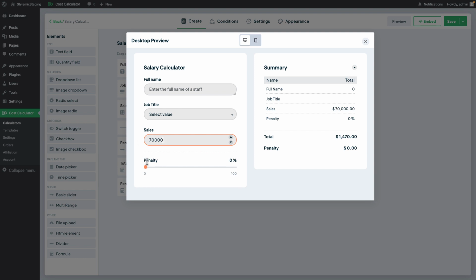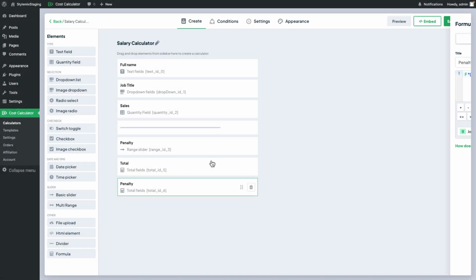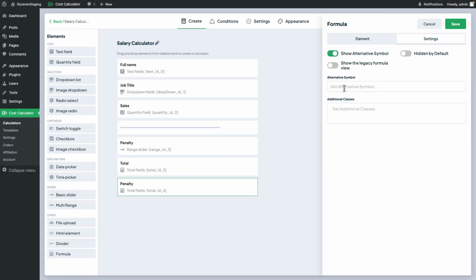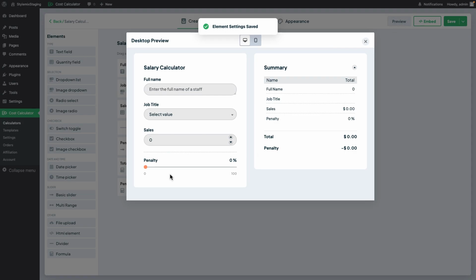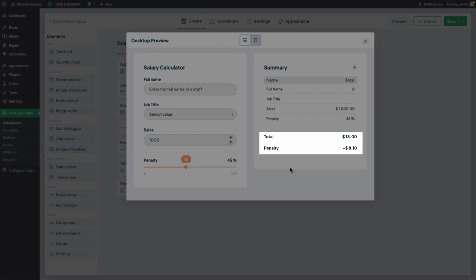I'm gonna give some sales, and if I indicate 50%, it should show me roughly half of the salary. Where it worked. I can change the symbol of the penalty to $- to indicate some dot, let's say like this. So let me go ahead and see in the preview. I'm gonna give some sales. Remove the 0 here, and here we can see right now it's being displayed with $, which is pretty beautiful